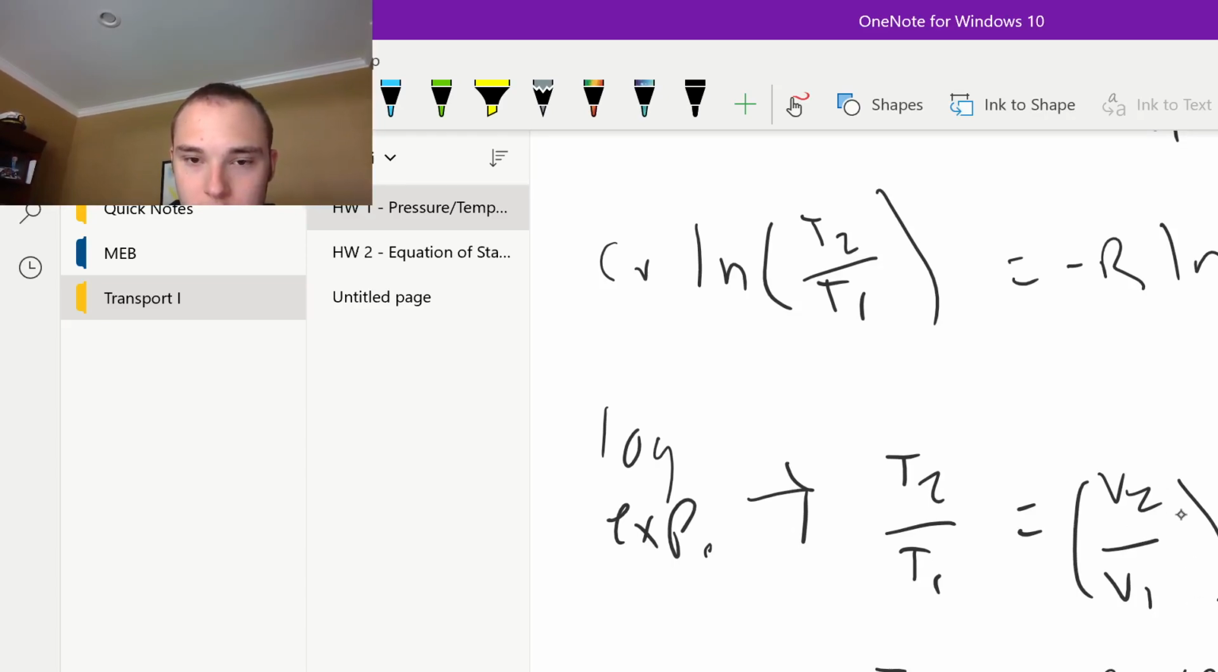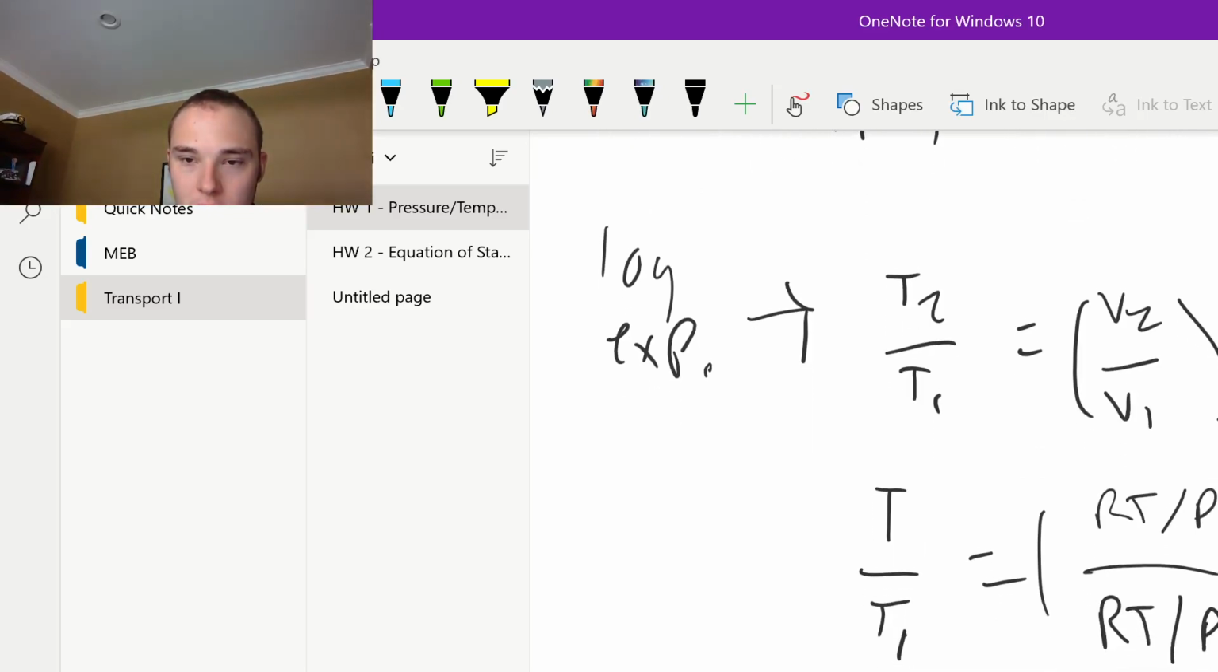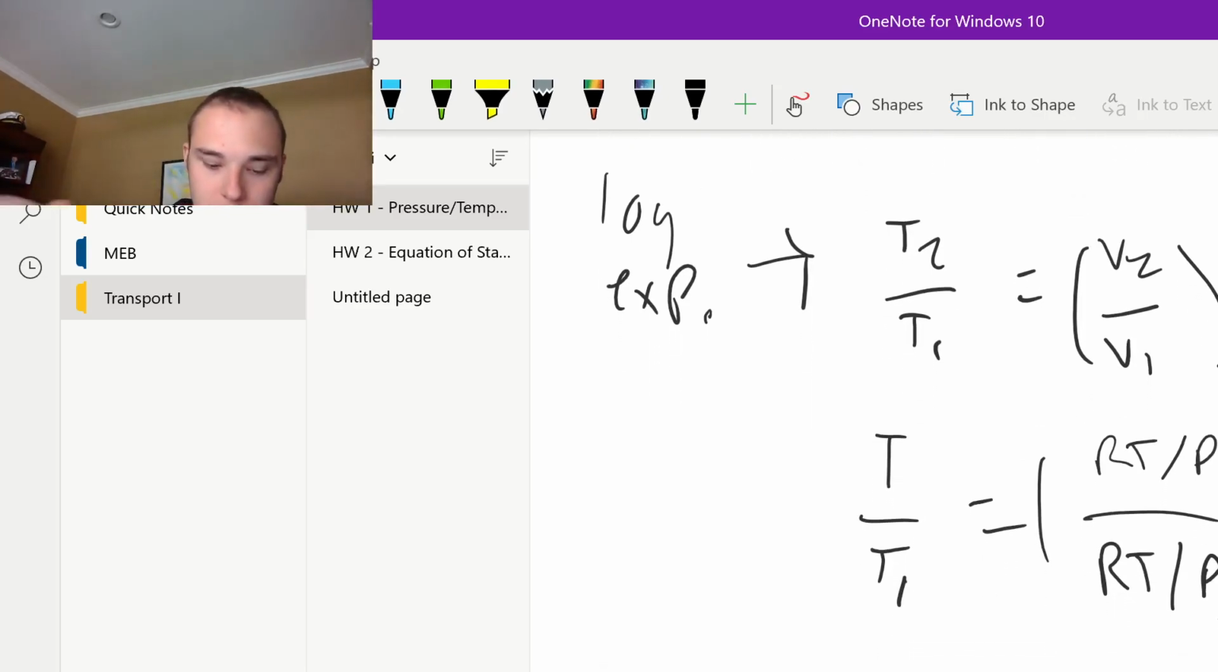And we're going to do the same thing with the volumes that we did the temperature. So this V2 is just V, and the V1 is just P1. And then this will be to the negative R over CV. So we can go ahead and scroll down, and we can keep solving. So we're going to have T over T1, and this will be equal to, the R's we're going to cancel, so we're going to end up having,